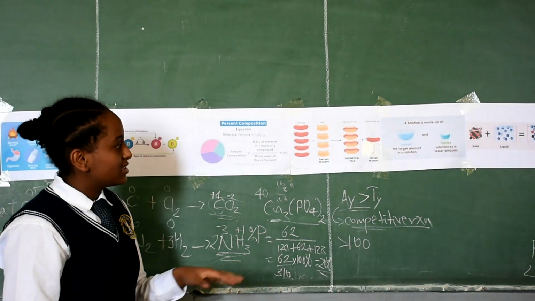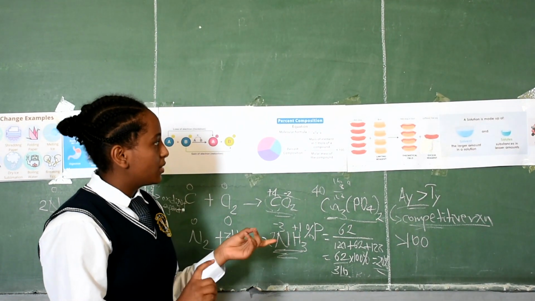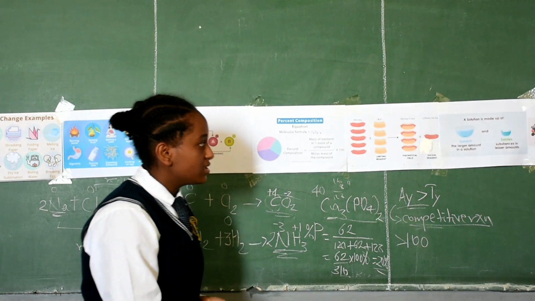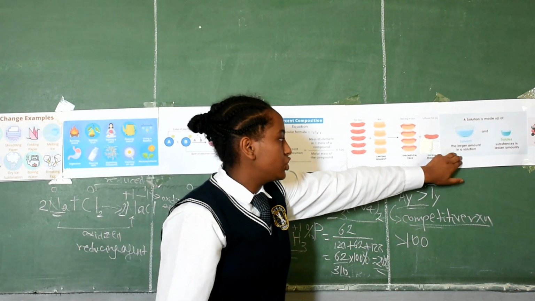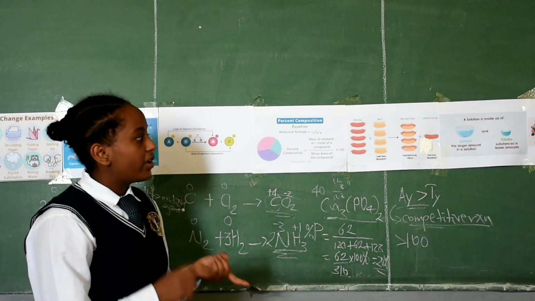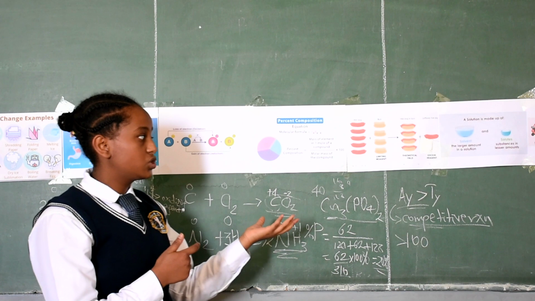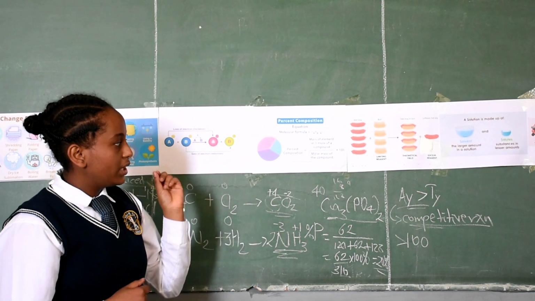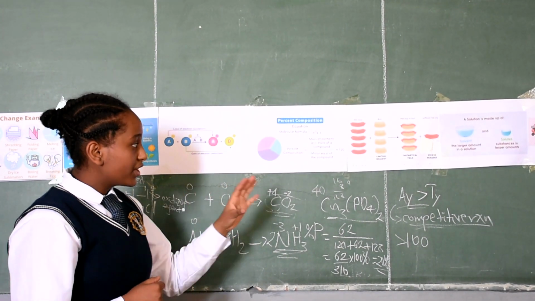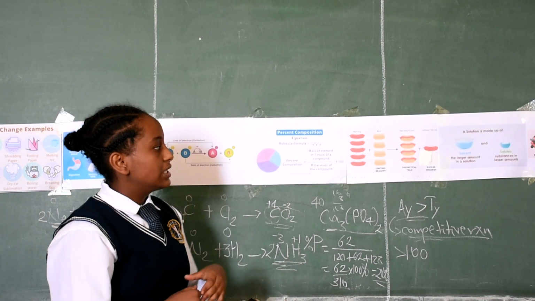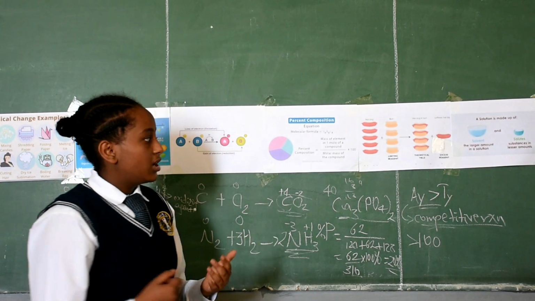And last but not least is the solid solution. In a solid solution, the solutes may be in any of the three physical states, but the solvent has to be a solid. For example, hydrogen and palladium. The hydrogen is the solute, which is a gas, while palladium is a solid, which is the solvent. And we have dental filling, which is composed of silver and mercury. Mercury is in a liquid state, while silver is a solid, which is the solvent. And the other thing, for example, are alloys, which are